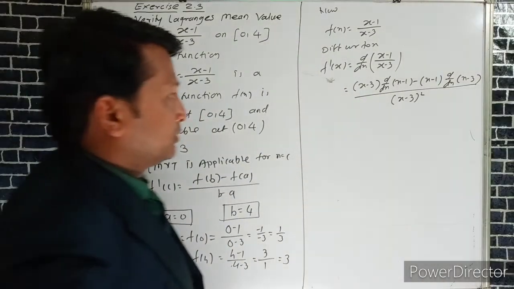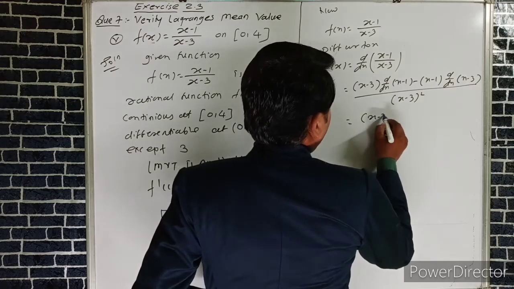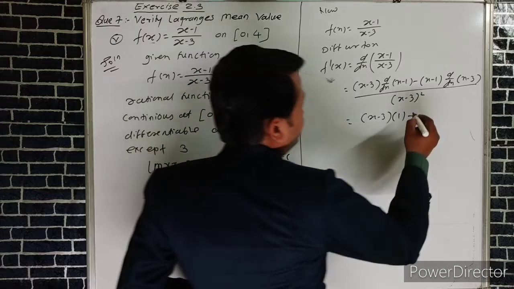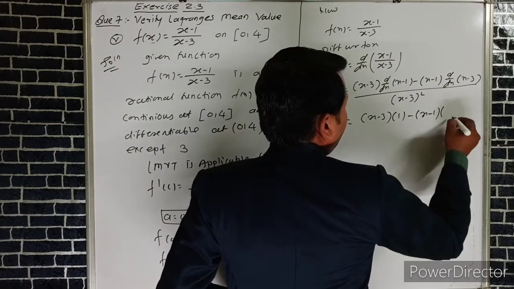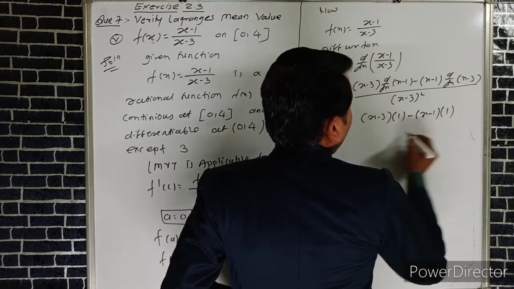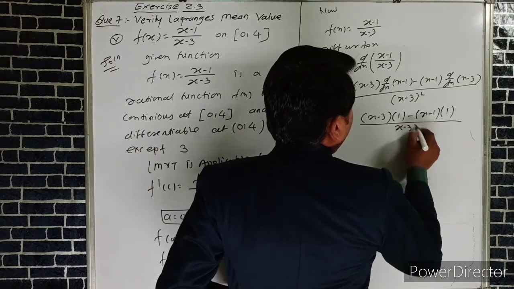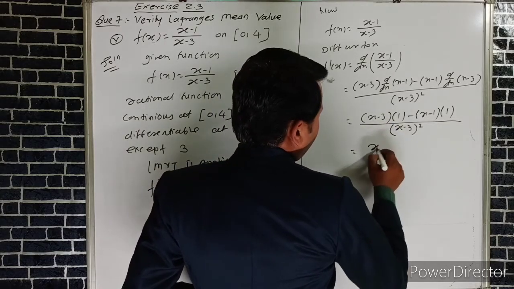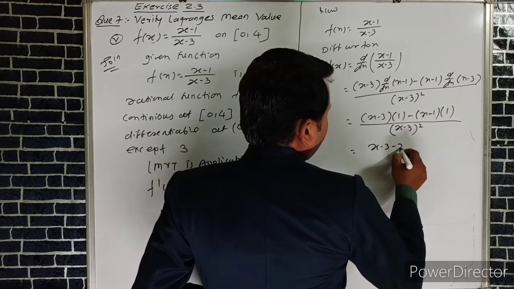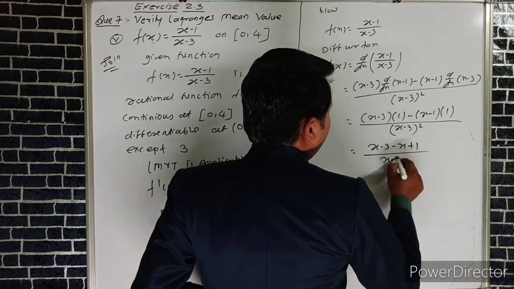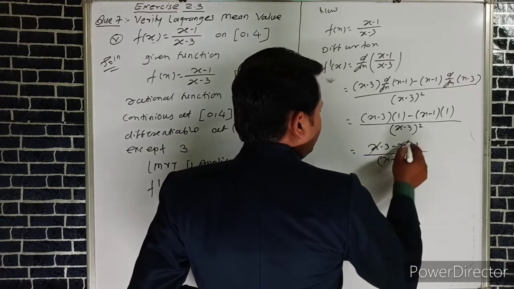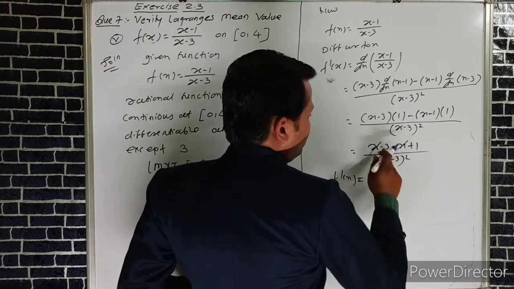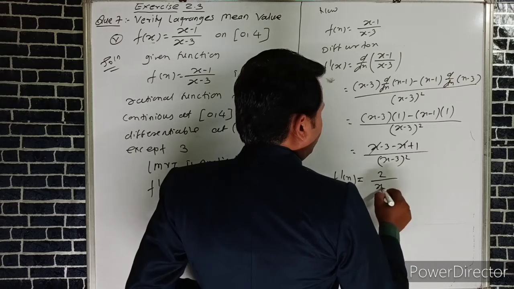So x minus 3 as it is, derivative of x is 1, and derivative of minus 1 is 0, minus again x minus 1 as it is, derivative of x is 1 and the derivative of minus 3 is 0, upon x minus 3 whole bracket square. So x minus 3 into 1 is x minus 3, minus x minus 1 upon x minus 3 whole bracket square, plus x minus x gets cancelled. We can write f dash of x equals minus 3 plus 1, that is minus 2 upon x minus 3 bracket